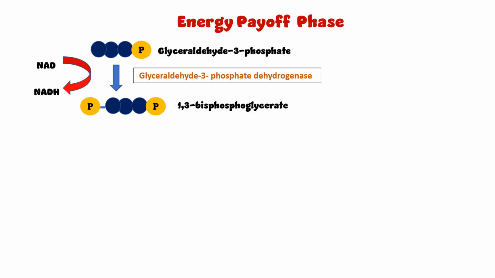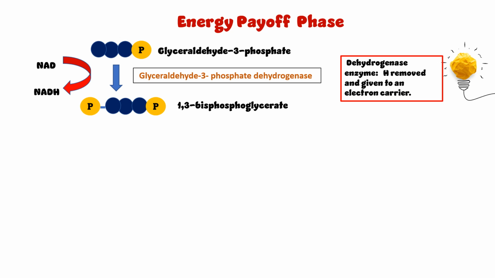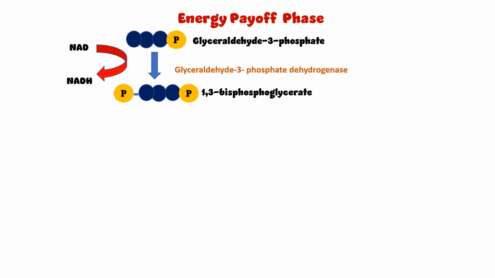Here's another tip. Whenever you see enzyme dehydrogenase, just remember that hydrogen is removed and given to any electron carrier, such as NAD in our case. Also remember that, as 2 molecules of glyceraldehyde 3-phosphate entered this phase, so, each product of this phase will be considered double. In the next step, the enzyme phosphoglycerate kinase transfers a phosphate group from 1,3-bisphosphoglycerate to ADP, resulting in